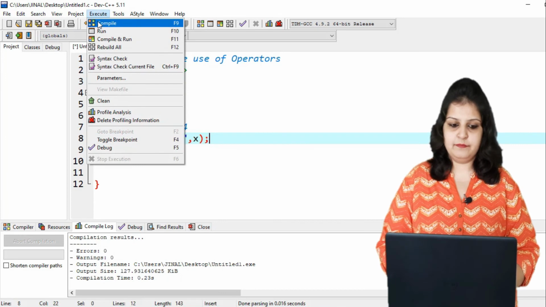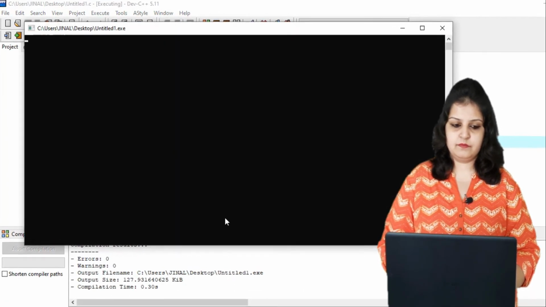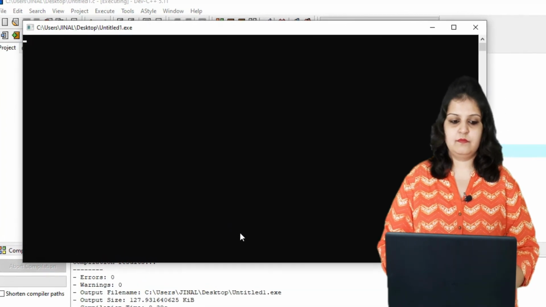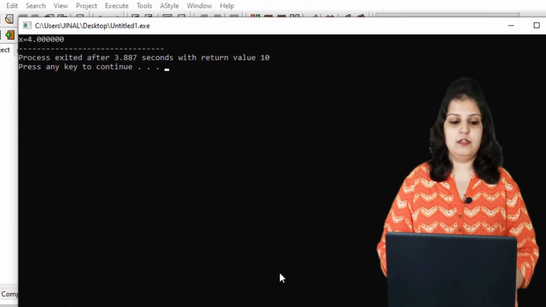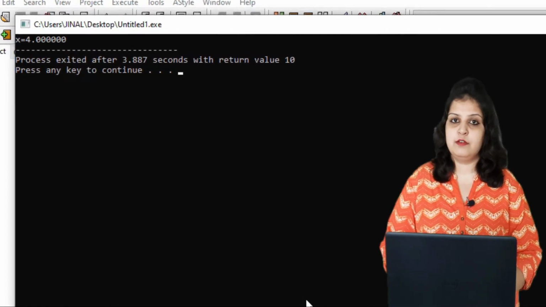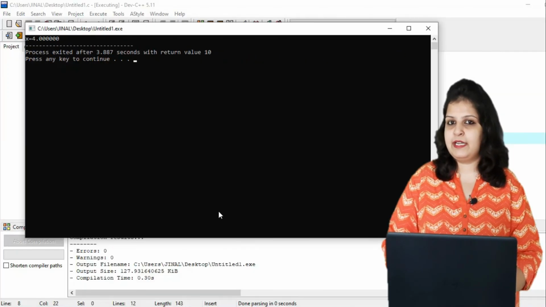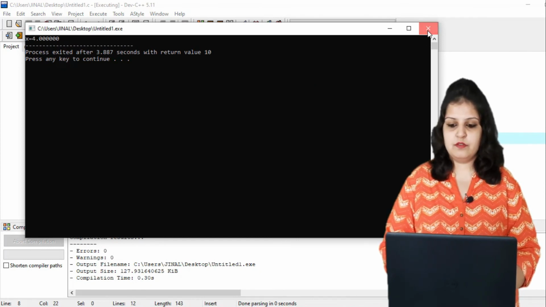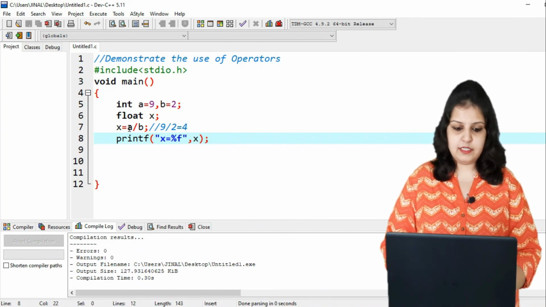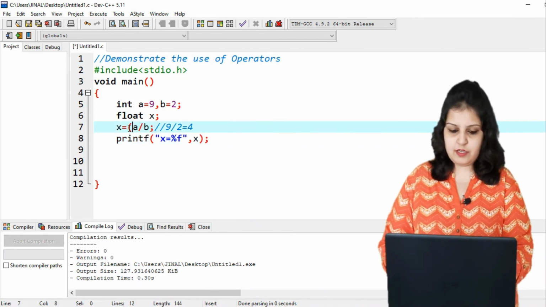Execute the program. So now you can see the output, x is equal to 4.000000, but this is not our correct answer because the actual answer is 4.5.